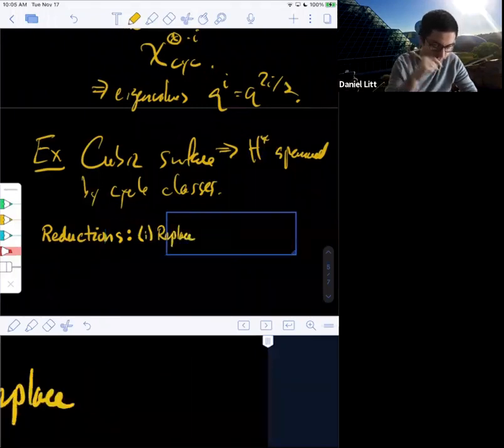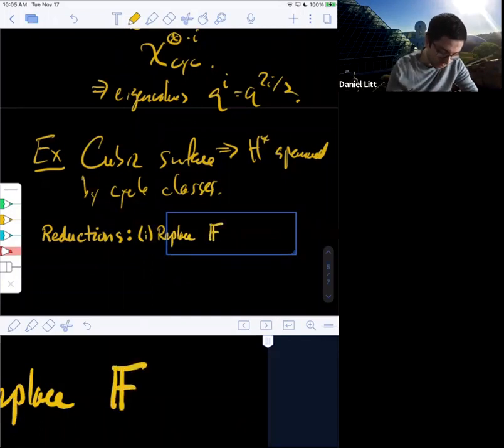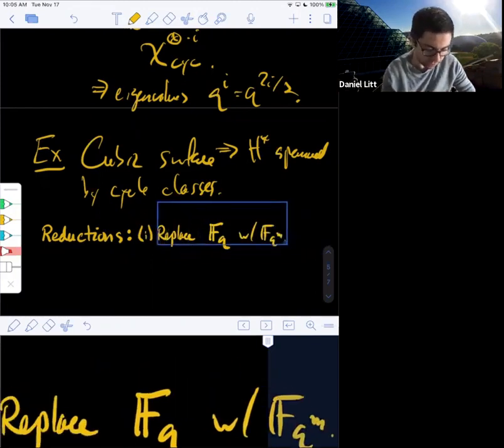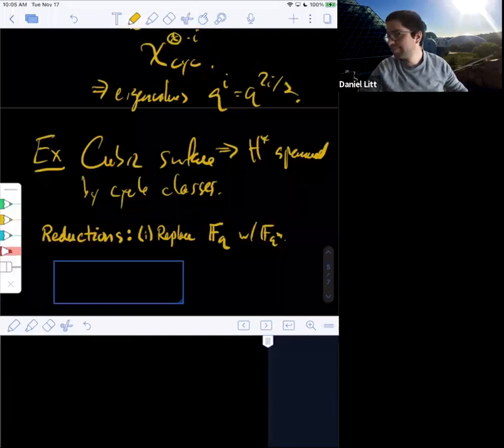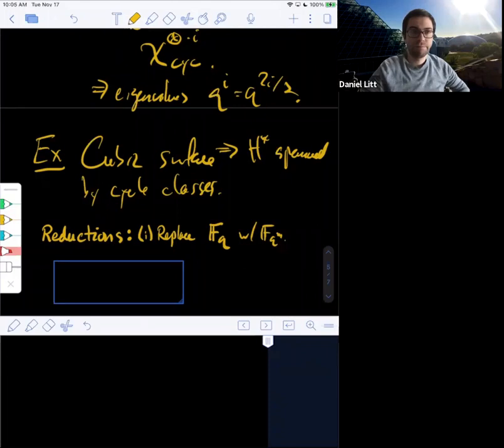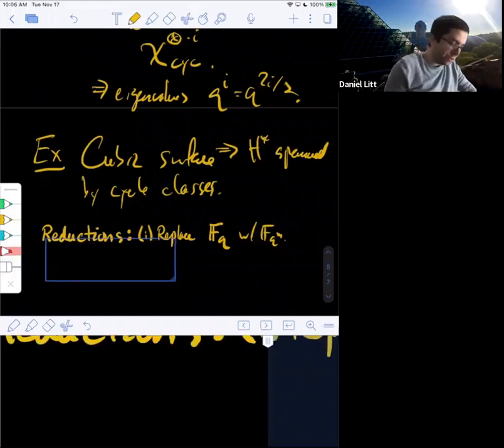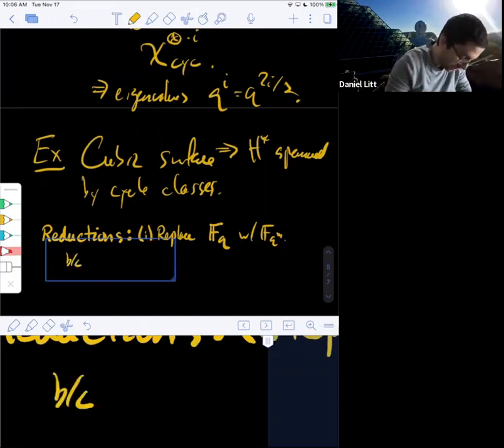Okay, so the first reduction: these are reductions for the proof of the Riemann hypothesis. You can replace F_q with a finite extension, F_{q^m}. I already kind of explained this in the example, but maybe can someone explain to me why that's okay? Why are we allowed to take a finite extension of our base field? Yeah, so this just raises the eigenvalues to the power of m. This is because this has the effect